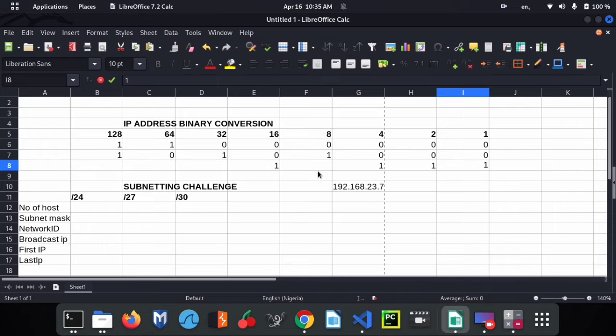So 16 plus 4 is 20, plus 2 plus 1, that's 23. So the rest is going to be 0 0 0 0. To get the final octet, 7, it's simply 0 0 0 0 0